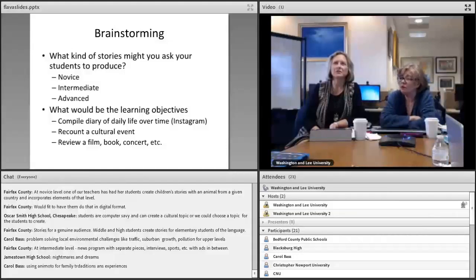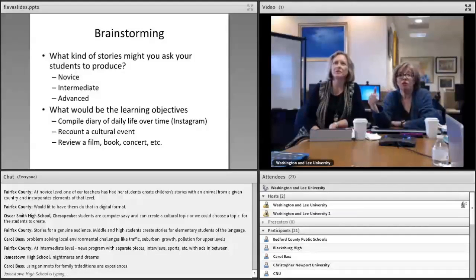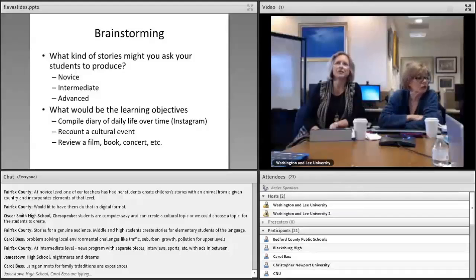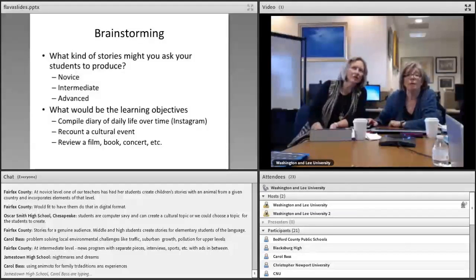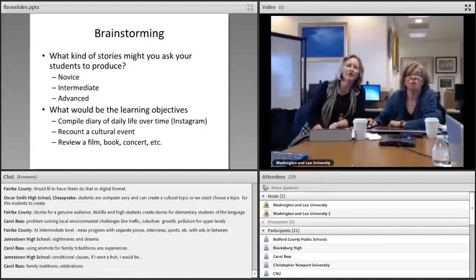The other thing is if you have one of these tasks, you can make it very simple for the novice learners and they can review over time, whereas more advanced learners can start at a different level and do more sophisticated kinds of work and analysis. But everybody has an opportunity to express themselves.